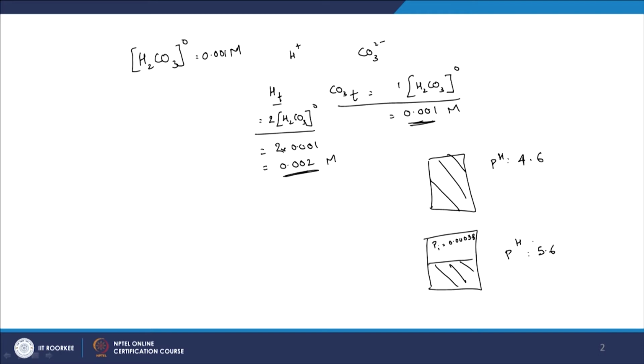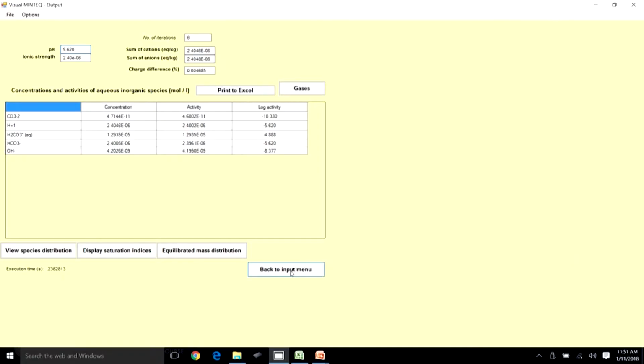So why is that? Because here the partial pressure seems to be less, right, and you can look at the Henry's constant and so on, but we are not going to go into that. So what happened was the CO3 or CO2, let's say, escaped to the gaseous phase. So now you have a net decrease in your acid concentration here, and that's why you see an increase in the pH, right. So now we'll move back to an open system, back to input menu.